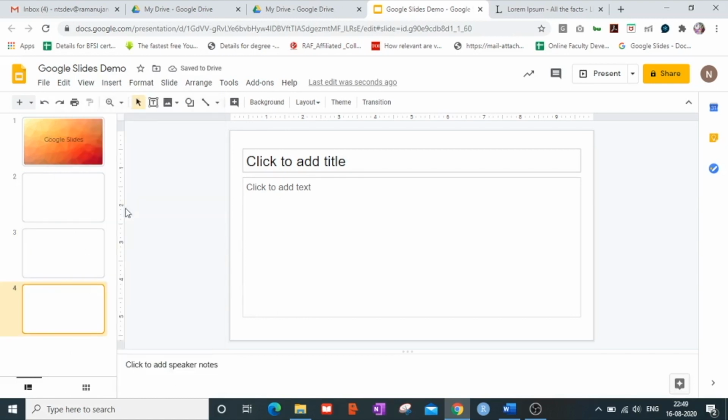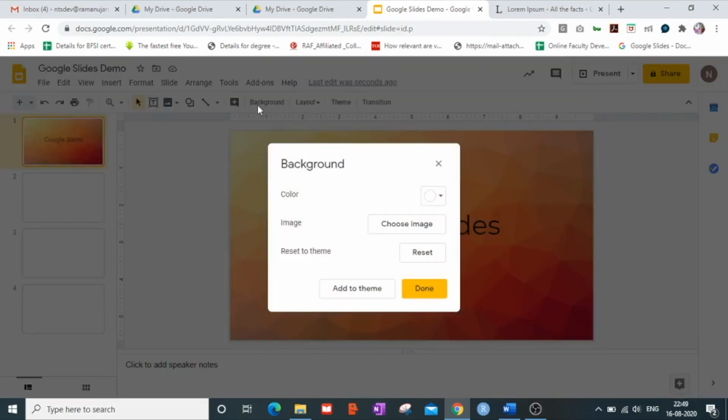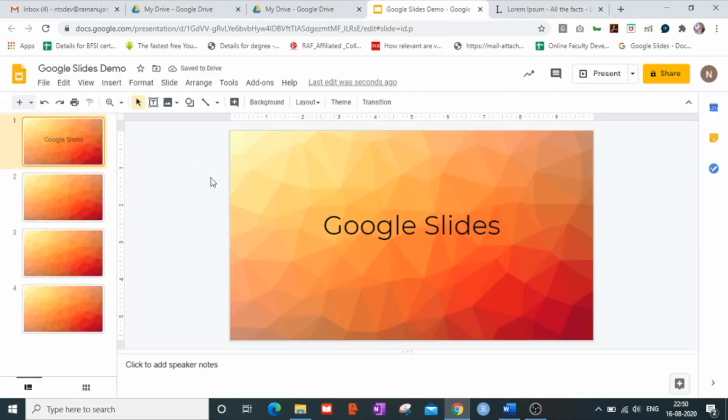So now you can see that in all these new slides that we have added just here, the background image which is there on the title slide is missing. Now that you want to incorporate this background image on all the further slides that you add, you can go on to the change background button, and then you can add this particular background image into the theme using the add to theme button. Click on add to theme and then press done. So now we can see that the background image has been beautifully incorporated as a backdrop in all these further slides.